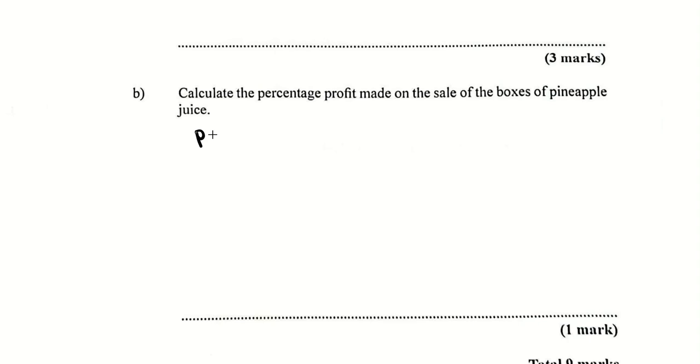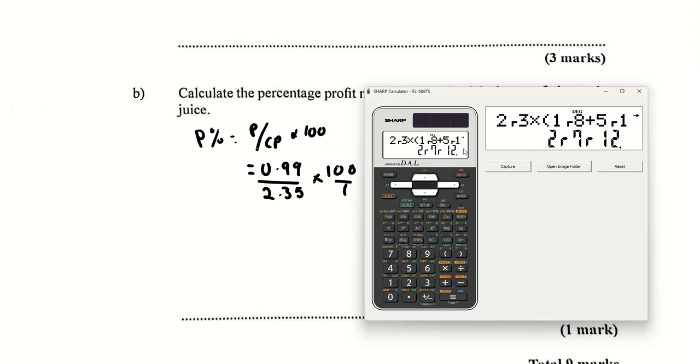So profit percent is your profit over your cost price multiplied by 100%, because it's percentage you multiply by 100. So we found out the profit before to be 0.99 over your cost price, which is $2.35, right? Multiplied by 100 over 1. If you do this on your calculator, let's just pull up the calculator. Right here, this was from number 1. 0.99 over 2.35